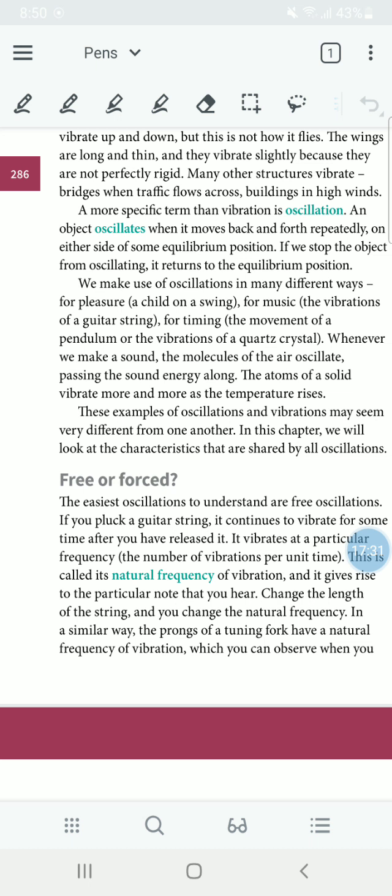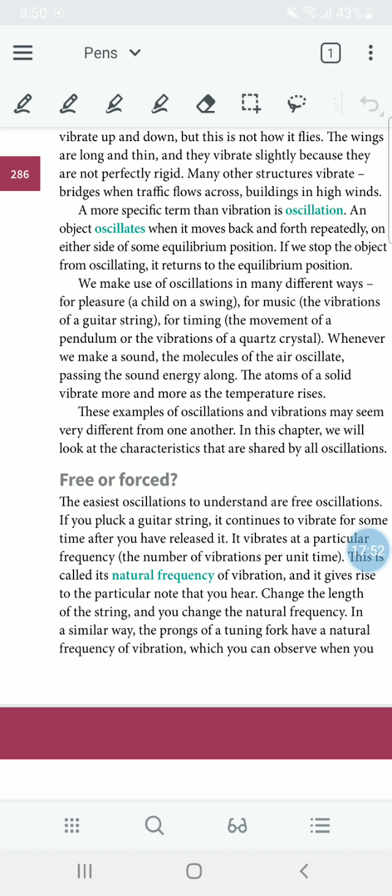For example, if a guitar string is plucked, it gives rise to its natural frequency and generates a particular note.